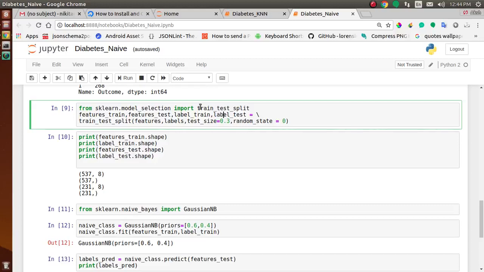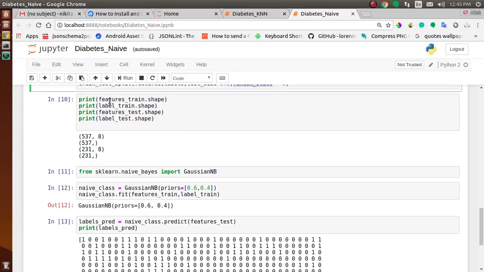So we will import train_test_split from sklearn.model_selection, and then by using train_test_split we will split our data. Here we have some parameters like features and label. These are the columns that we selected above, and test_size is how much percent of test data we want in our test variable. So we are right now taking 30% of our data into our test variable, and random_state you can assign with a numerical value.